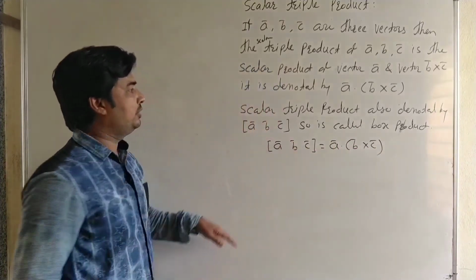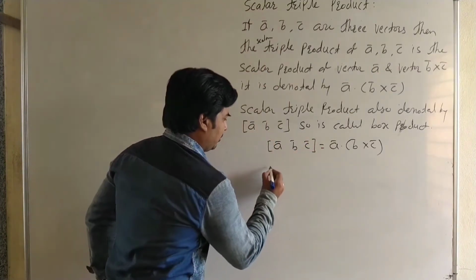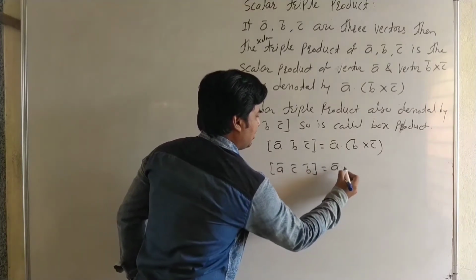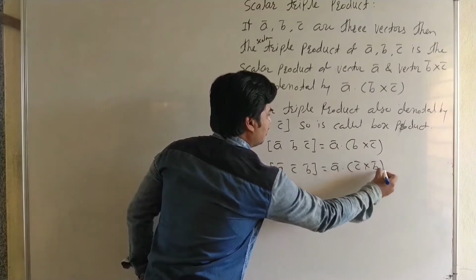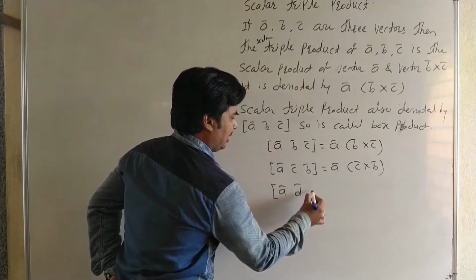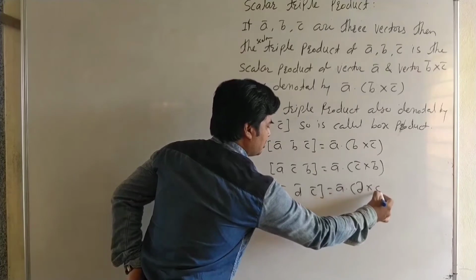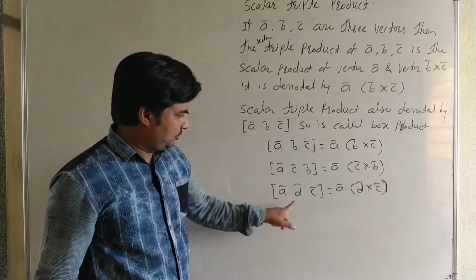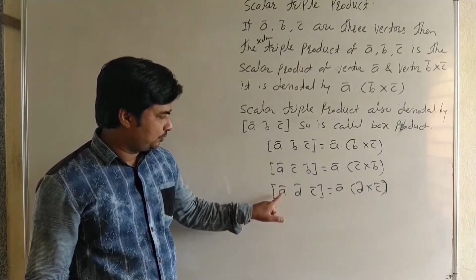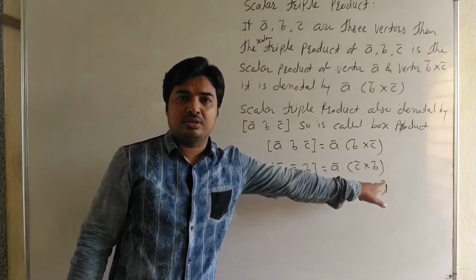Here in triple product, when we say a triple product of three vectors A bar, B bar, C bar, then order is important. When we write it in the form A bar, C bar and B bar, then it is A bar dot C bar cross B bar. See carefully. A bar, D bar and C bar. It is A bar dot D bar cross C bar. Here it is a scalar triple product of vectors A, D and C. It is a notation.